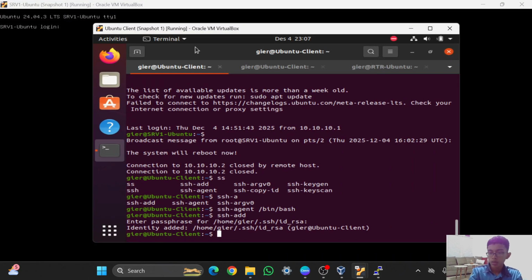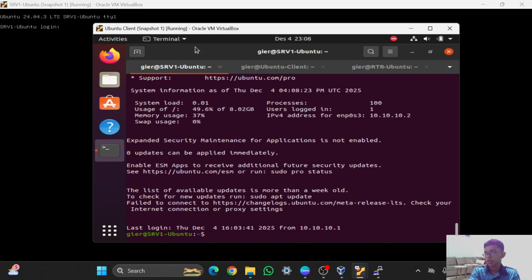If I try to log in to server one, it should not ask for the passphrase again. Add the IP, it is this one, and then I forgot the port. And as you can see, it doesn't need to ask for the passphrase again.